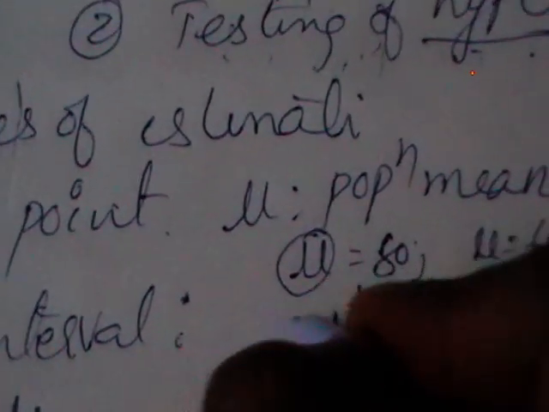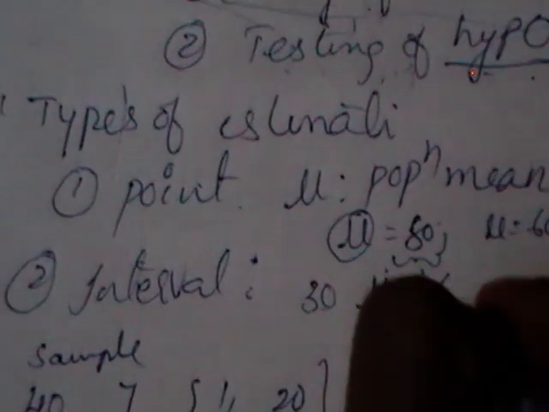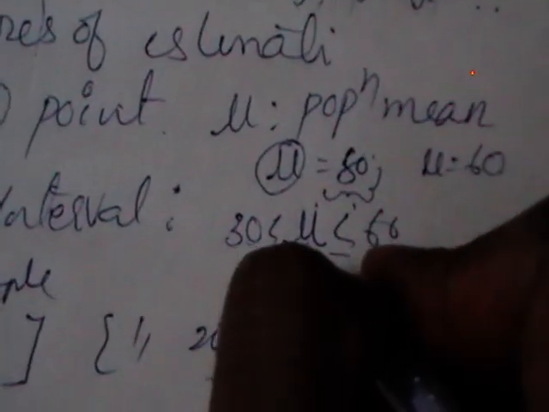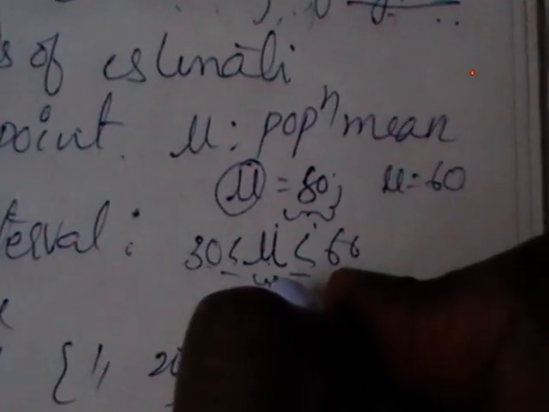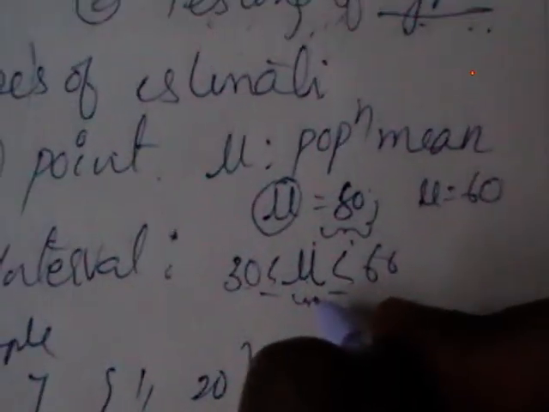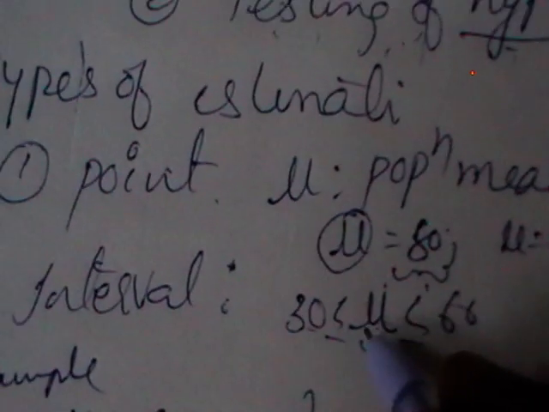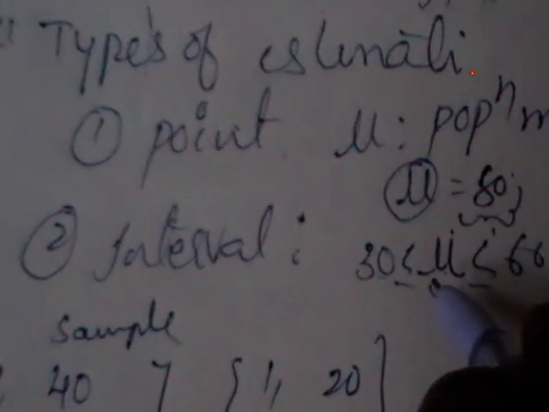Under interval estimation, the name itself tells that the estimate for mu may lie between 30 and 60. Here we are giving a range for this estimator, which is called an interval estimator. Whenever we estimate an unknown parameter with a single value, we call that point estimation. In all cases it may not be possible to give a single value. In some cases we may give a range of values within which the parameter is expected to lie, which is called interval estimation. Okay, thank you.